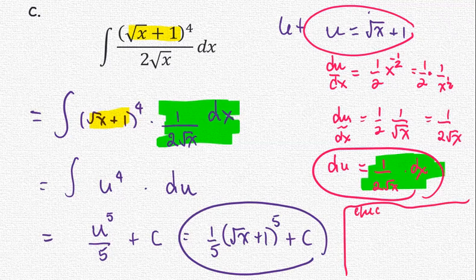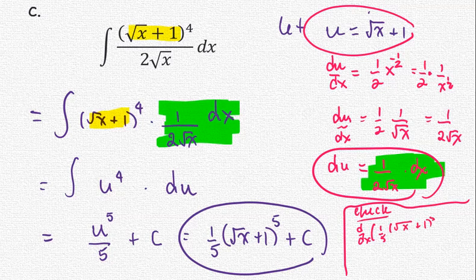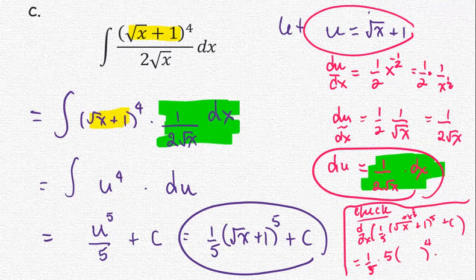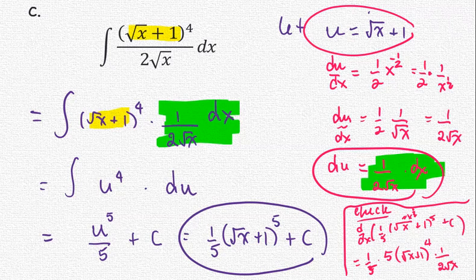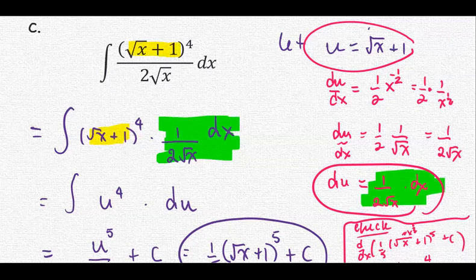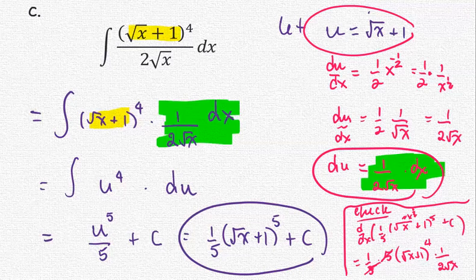So check by differentiation: d by dx of 1 over 5, the quantity square root x plus 1 to the fifth, and then plus c. And square root x is x to the power 1/2. Okay. Then we have 1 over 5 times 5 of the quantity to the power 4 multiplied by the derivative of the inner function, which is 1 over 2 square root x. 5 and 5 reduce. And then it comes up